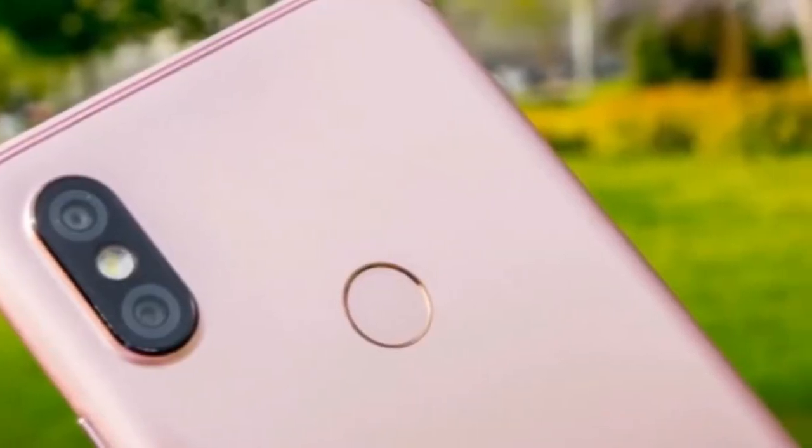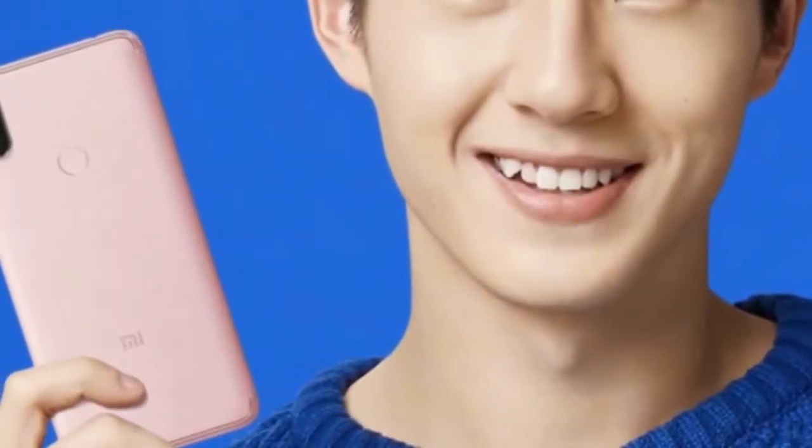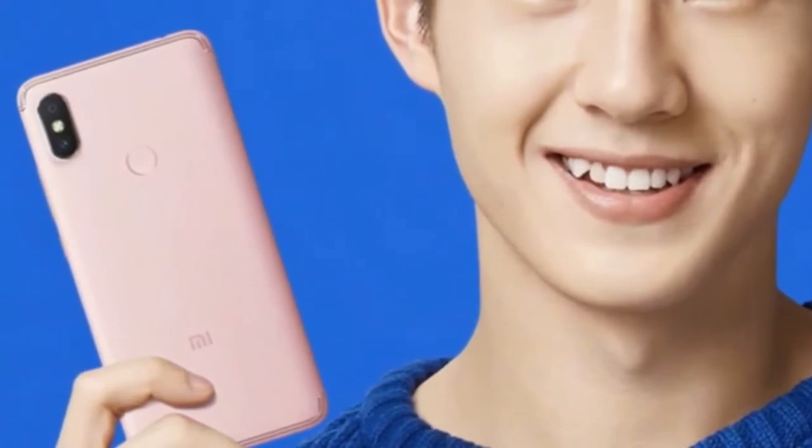The Xiaomi Redmi S2 will run on Android 8.1 Oreo with MIUI 9 skinned on top. The device features a 5.99-inch HD plus 2.5D curved IPS LCD display with a resolution of 1440x720 pixels and an aspect ratio of